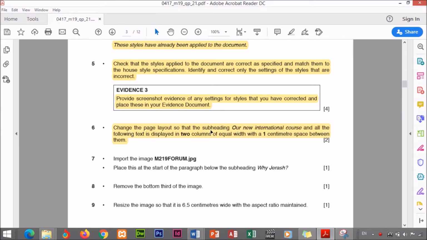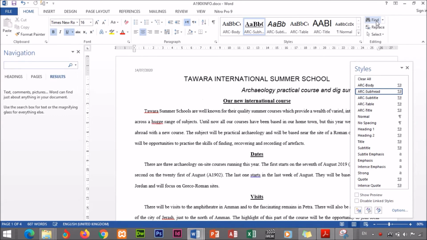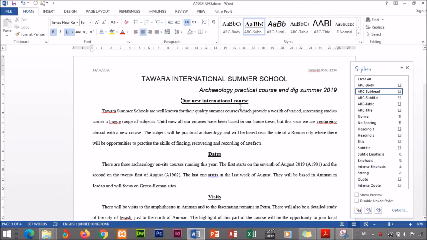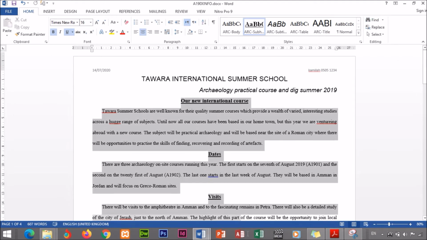We go to our document and start from 'Our new international course'. If you don't know where the words are located, you can press Ctrl F or click the Find tab. And then start from here. I highlight,